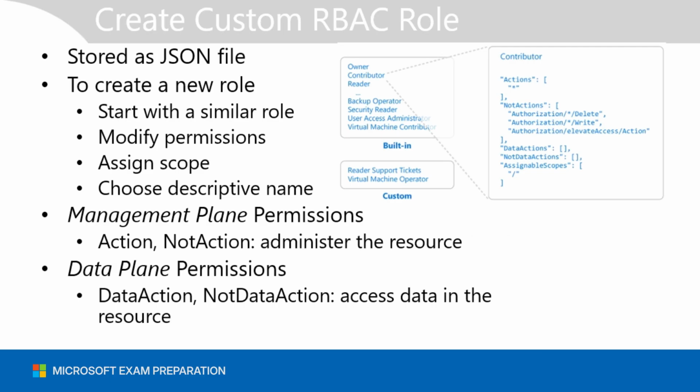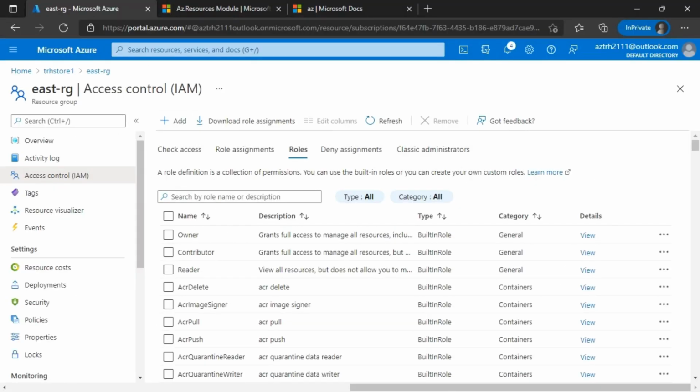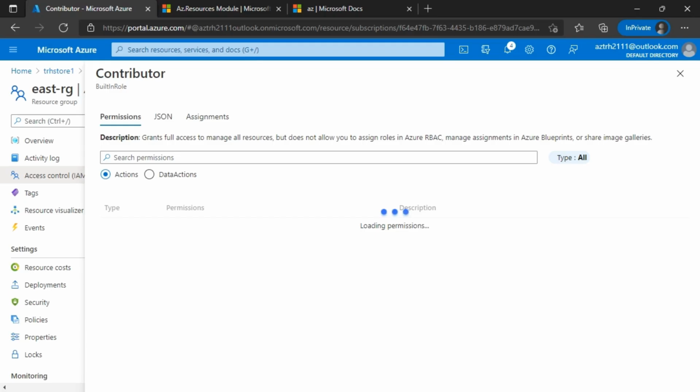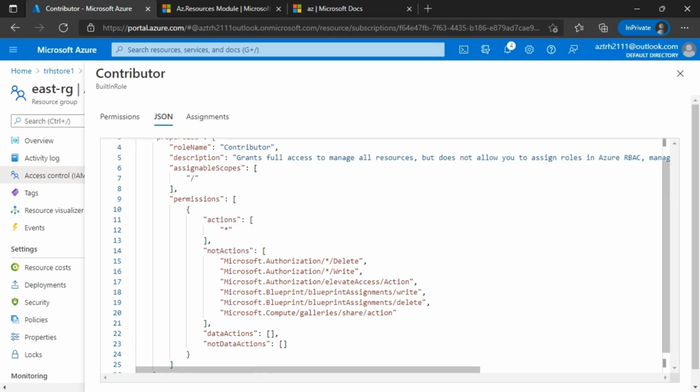Let me show you how to create a custom role in the portal. So here I am at East RG Resource Group. I'm at the Access Control Blade looking at roles. And I know that the contributor permission or role, if I go and look at the JSON file for it, contributor can do everything except modify authorization and elevate action for authorization. There's a few other permissions related to blueprints and things that we'll talk about later, but that's the basic idea